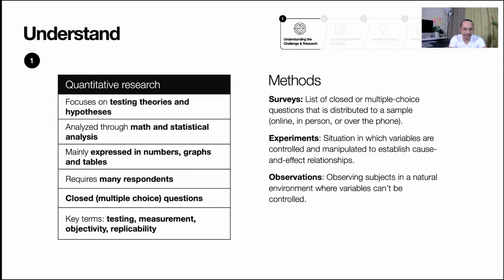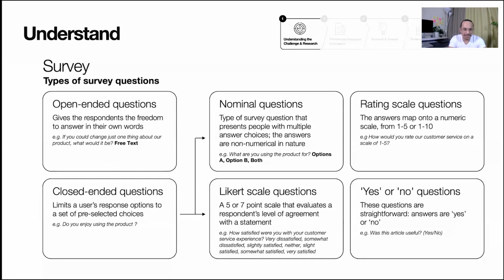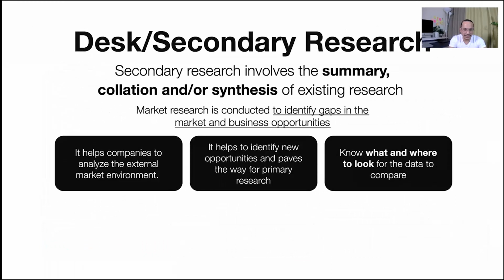I already talked about quantitative research, wherein all the results are in the form of numbers. We use surveys, and we do a lot of different experimentation, that is A/B testing and so on. These are basically done when you already have a product. Observation is also sometimes done by changing a few variables. We'll get deep into that. Survey is important, so I'll talk about it here.